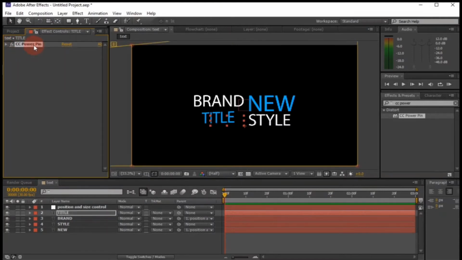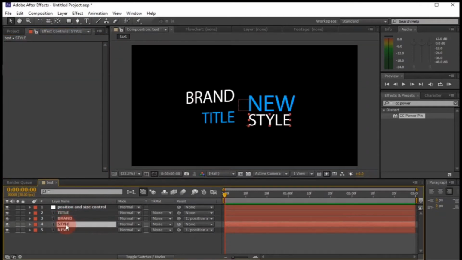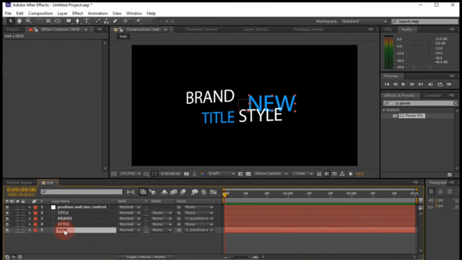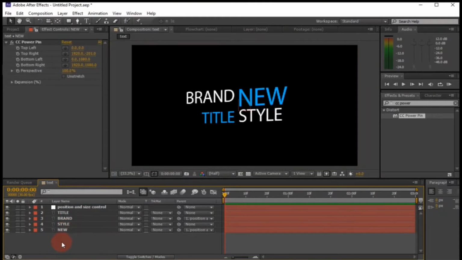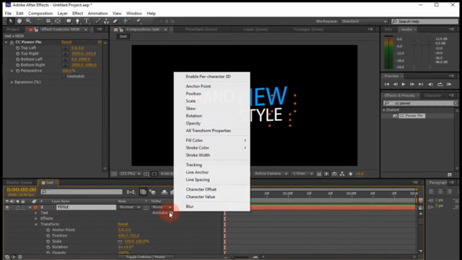Now copy the CC Power Pin effect and paste it onto the other text layers. Now add a position to all text layers.